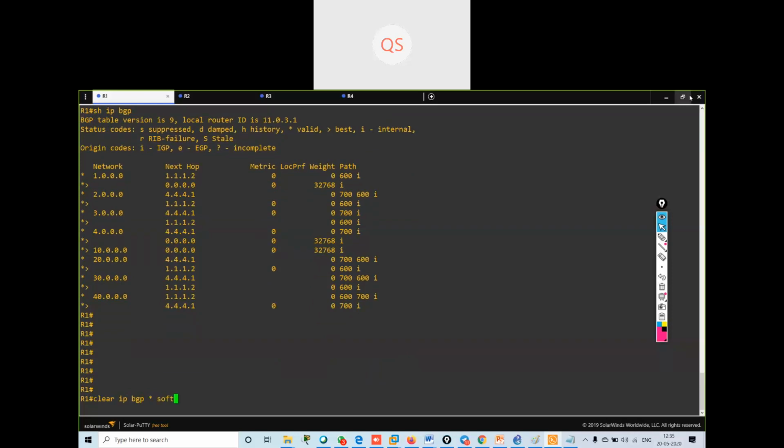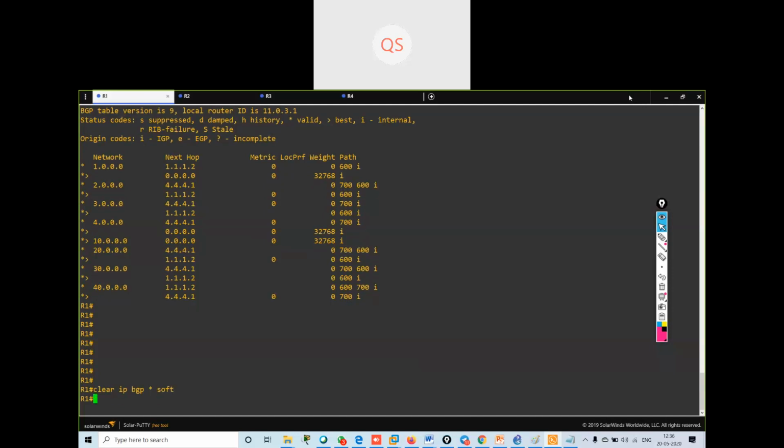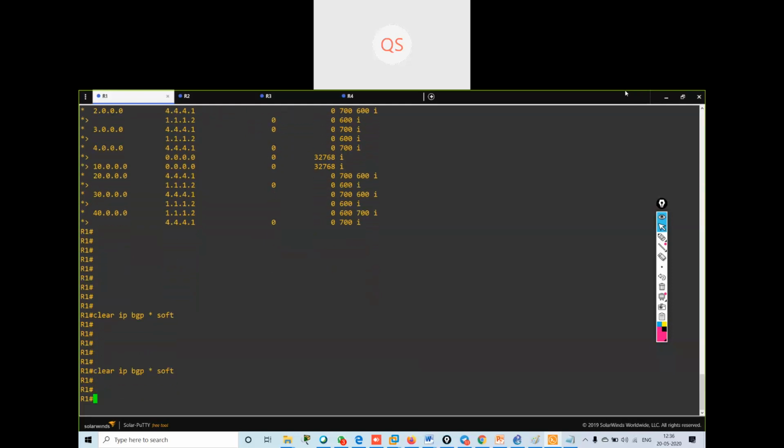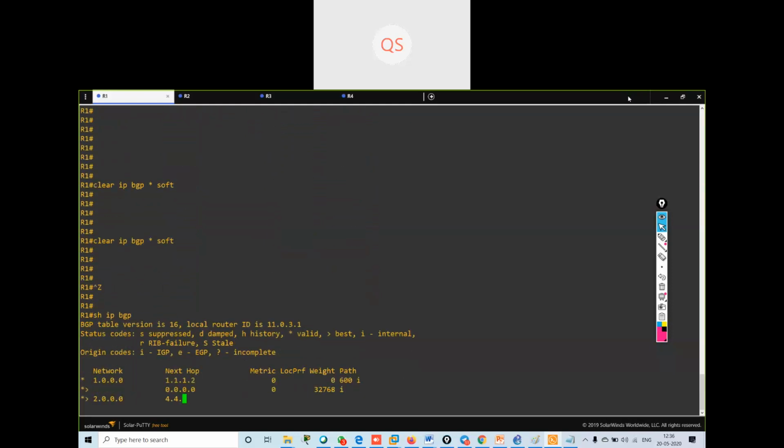This is the command to use if you want to clear the BGP process. This is the recommended command. It will not reset your neighborship. So if I give this command and verify again,